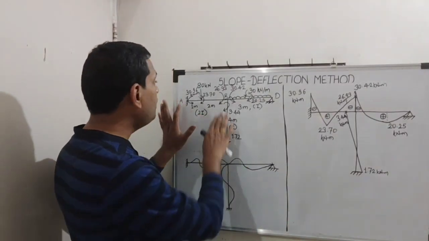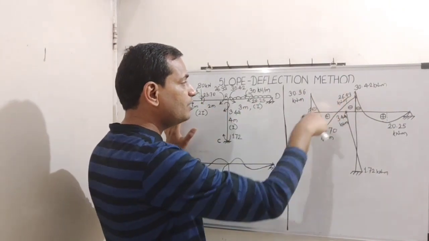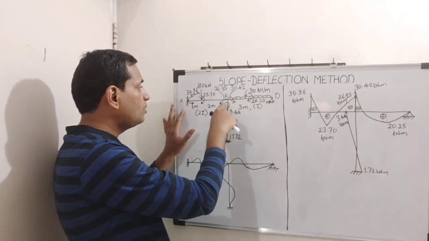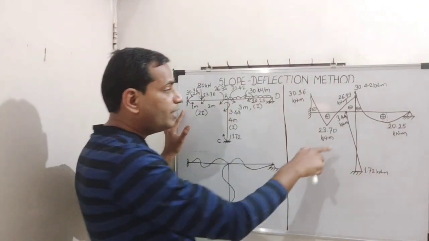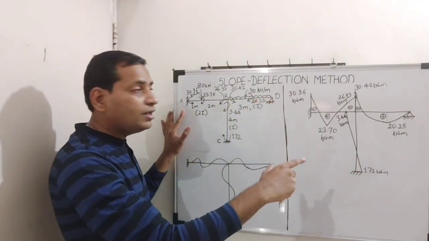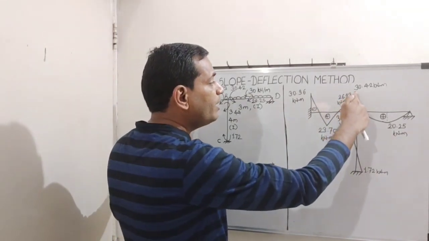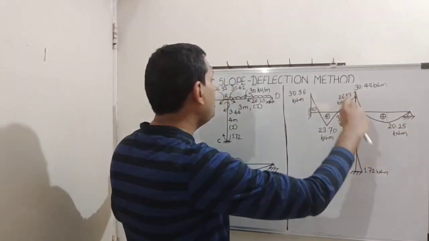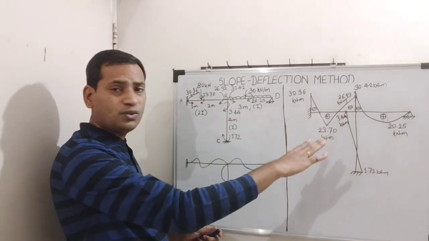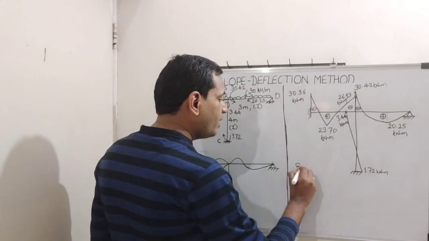For beam AB, the loading is a point load, so the variation is linear, a straight line. Here there is no external load, only moments are there, so again the variation is linear. For beam BD, there is a UDL, so the variation for the bending moment diagram of beam BD is parabolic. So appropriate signs also I have put. So this is our final BMD on the tension side.